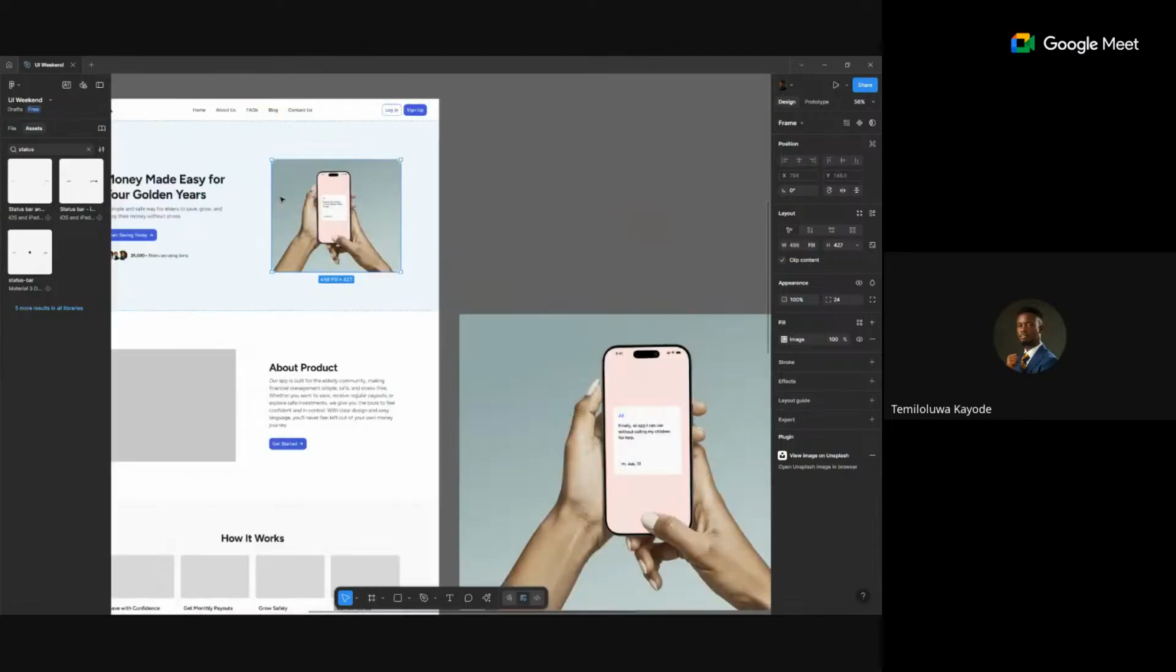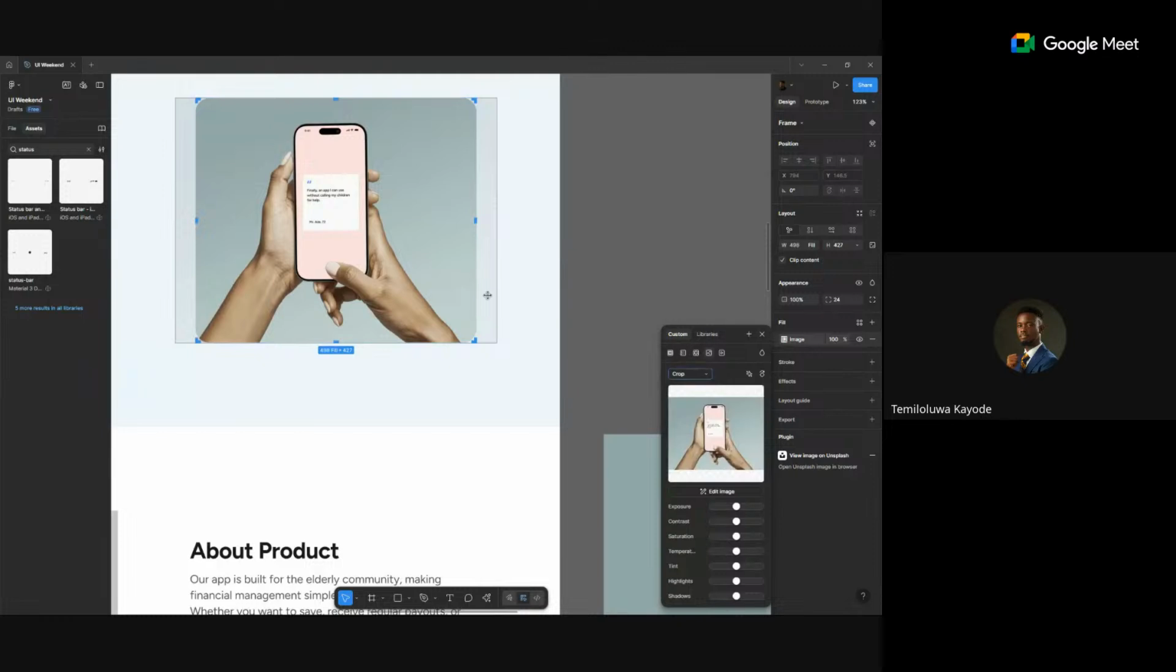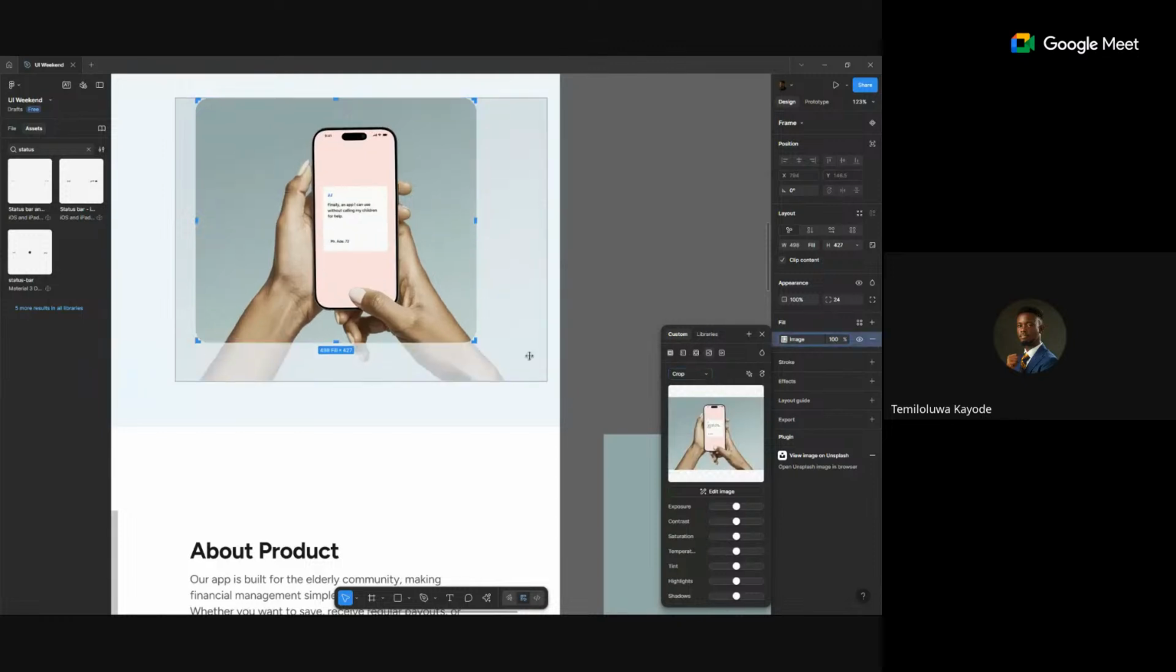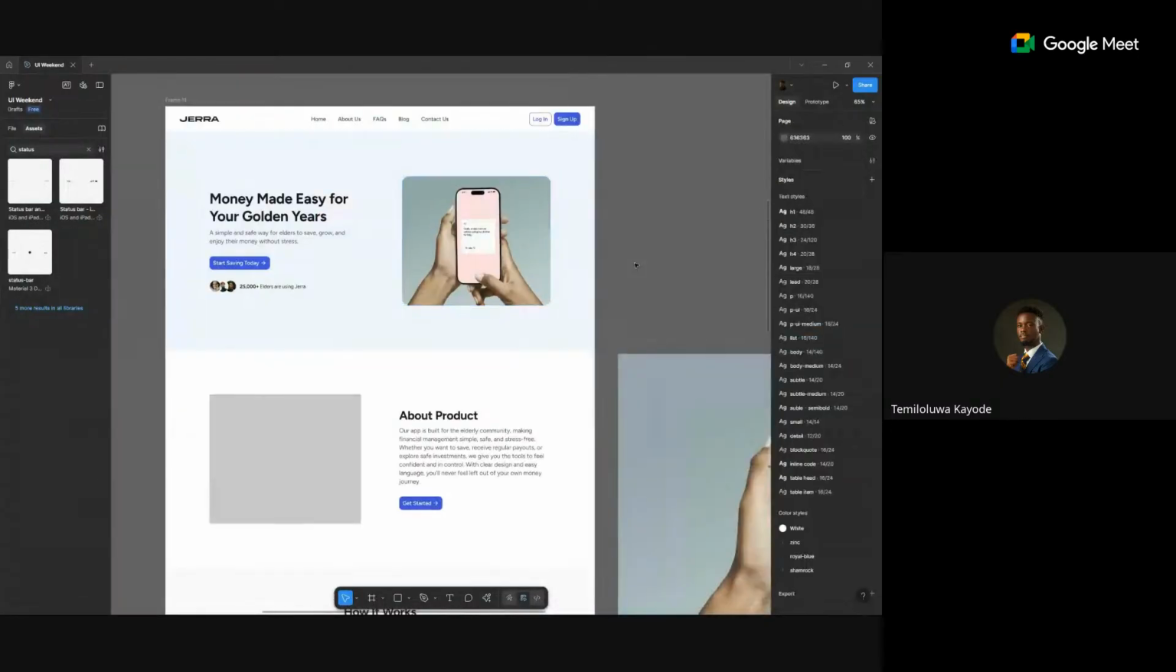Okay, so if we come here, crop it. I could increase it a little in case I want it bigger. And yeah, we have that. So that's the second option you can go for. Third option you could play around. So